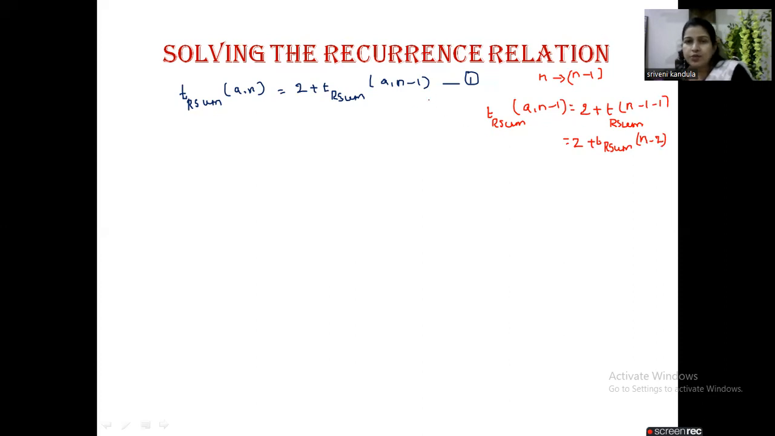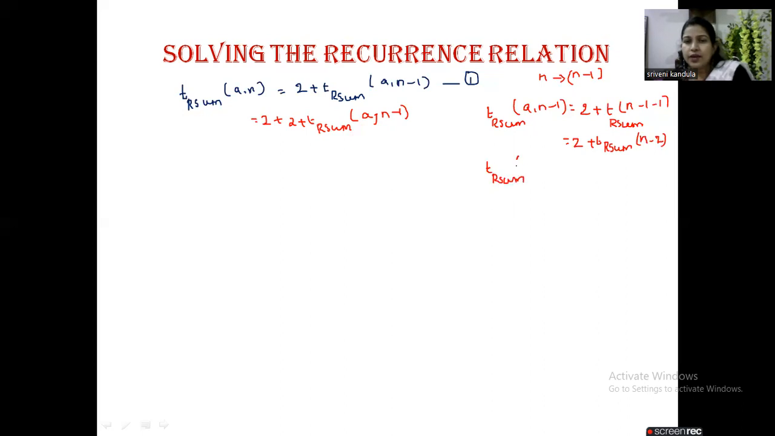So let me substitute it here. Already I have a 2. Now I obtain this value. So the value is 2 plus T_rsum(a, n minus 1). So like this, I have to keep on substituting until I will be able to generalize this equation using mathematical induction. On seeing this, can you generalize? No. I need one more step. Let us do some more steps of